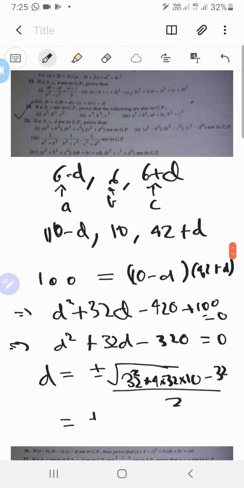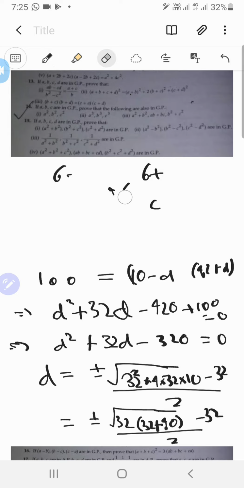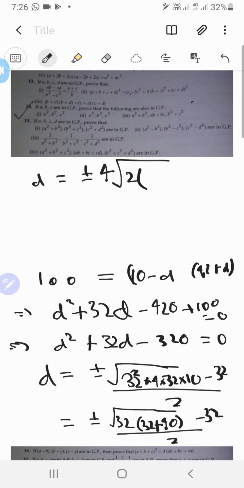So that's going to be plus minus, well, I can factor out the 32 from each of them. So just give me 32 into 32 plus 40, minus 32 divided by 2. Let me erase some things right now. Okay, so from this we will get D equals plus minus 32 is going to be 16 into 2, I think. So 16 can be written as 4 squared. This is going to be 4 root of 2 into 32 plus 40, which is 72, and then minus 32 upon